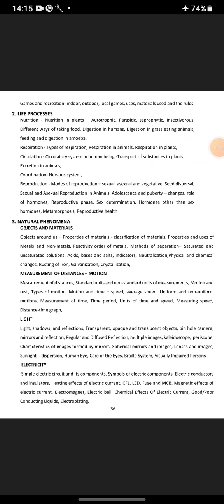games and recreation: indoor, outdoor, local games, uses, materials used and the rules. Life processes: nutrition in plants, autotrophic, parasitic, saprophytic, insectivorous, different ways of taking food, digestion in humans, digestion in grass-eating animals, feeding and digestion in amoeba, respiration, types of respiration in animals, respiration in plants,